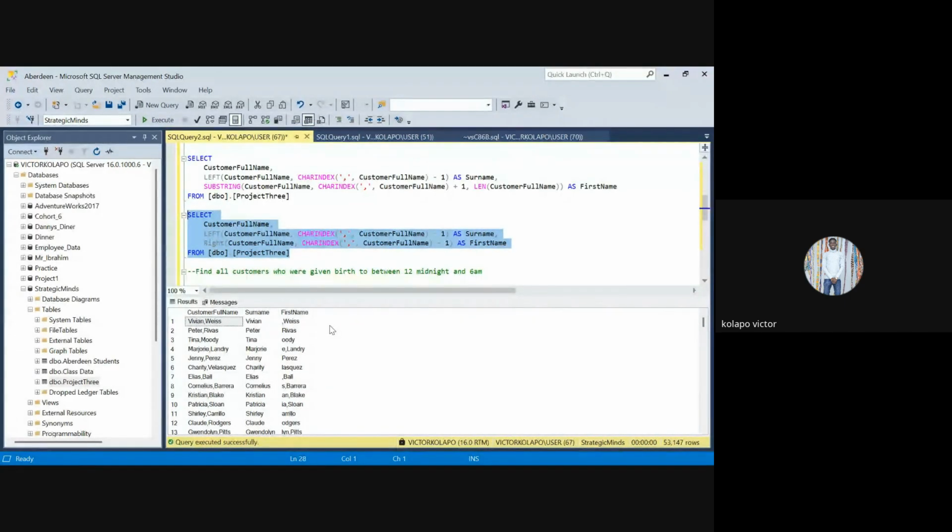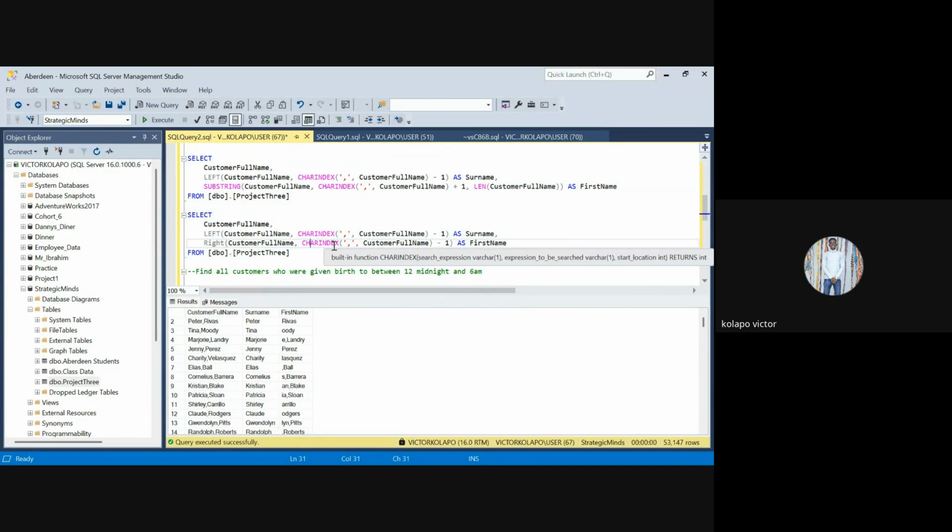We are getting there, but this is not so dope. It's not giving us consistent results across the board, because it is counting the length. So 1, 2, 3, 4, 5, 6. 1, 2, 3, 4, 5. Maybe a space. 1, 2, 3, 4. So this is not giving us consistent results. So our RIGHT will not work, or better still,